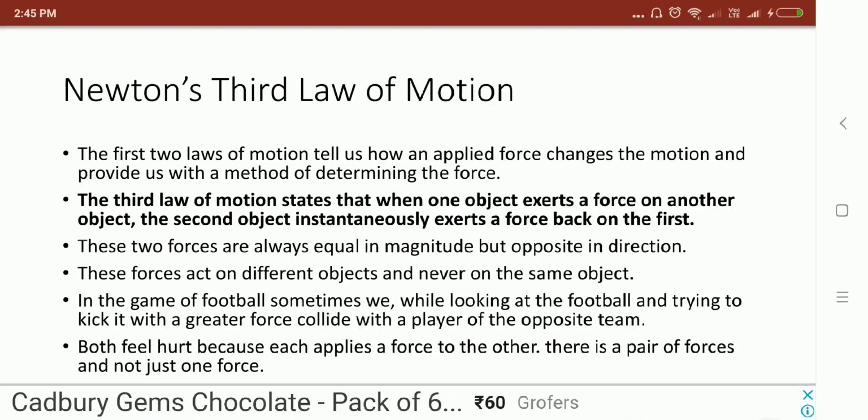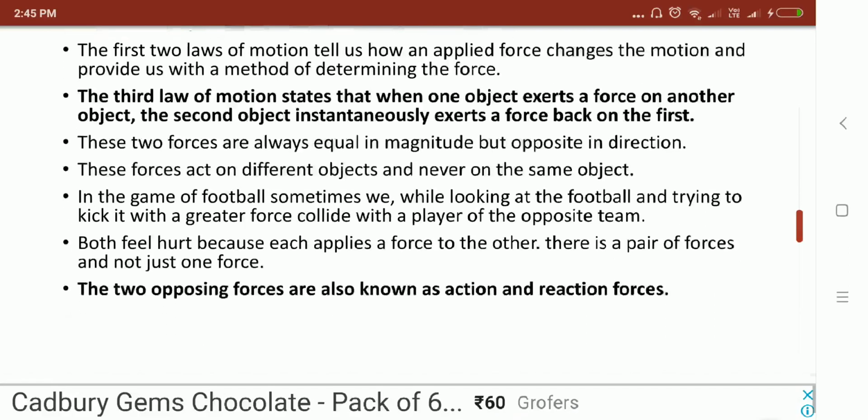For example, a football player kicking the ball towards another player. Force is given by the first player, the ball collides with another player, and force is experienced by the other player, so that is the action. By that, the second player can feel that particular force of the ball. So two opposite forces, action and reaction, are there.